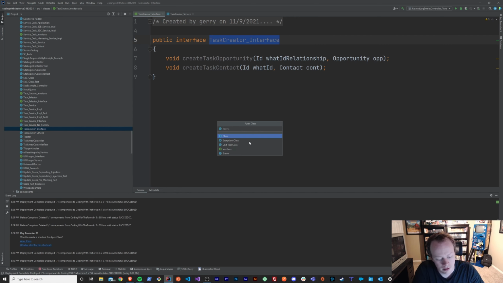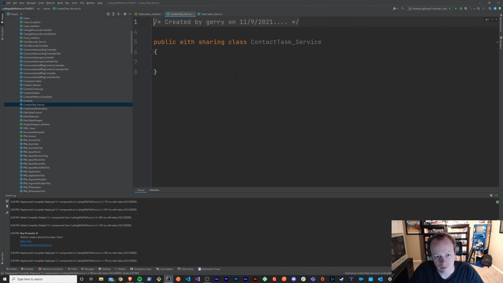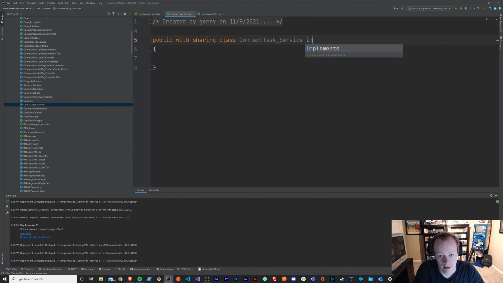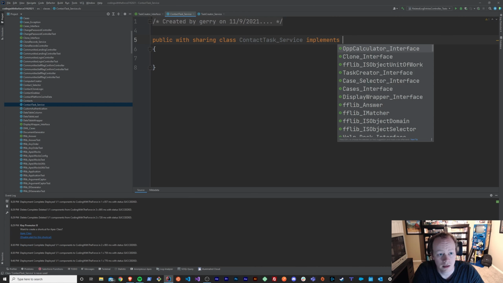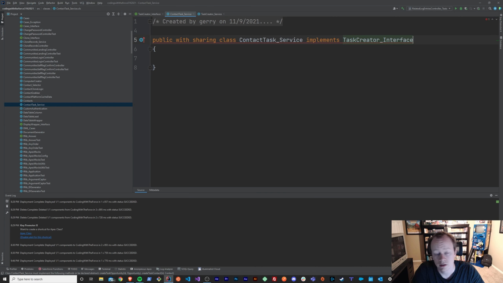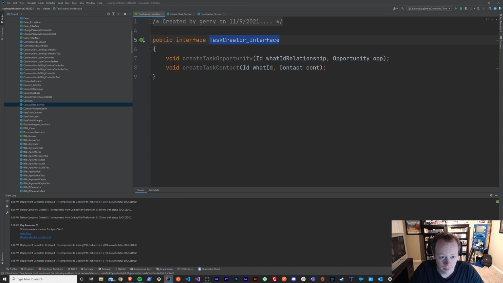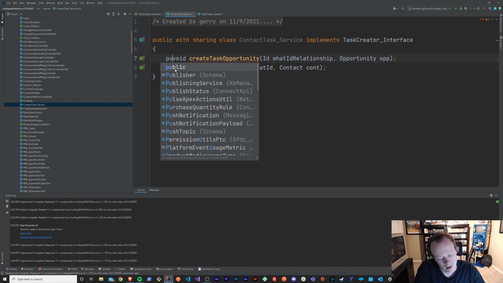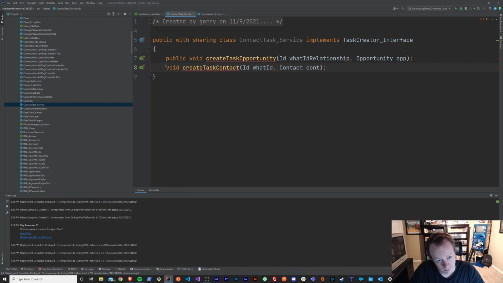And we'll just call this contact task service, right? And we want contact task service to implement the task creator interface. Cool. Now let's grab these methods, bring them on over. Nope, I'm pressing the wrong buttons, which is great. So we've implemented both of these methods,